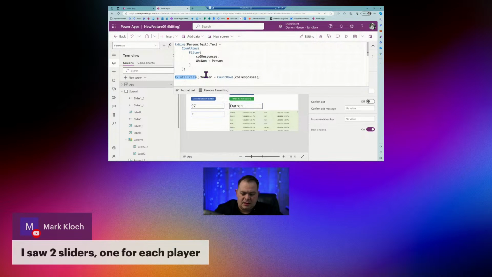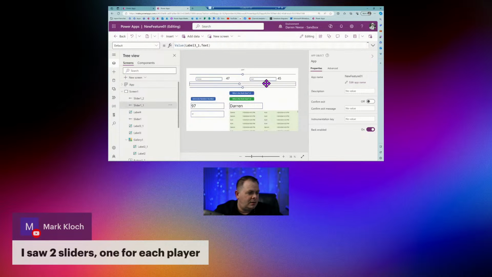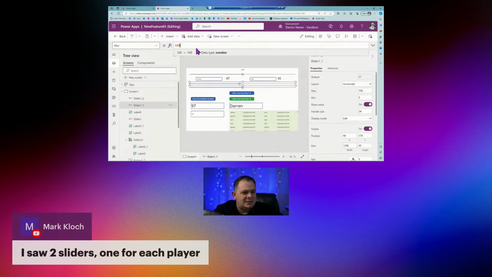So I'm going to use that. I don't have errors anywhere else. That's good. So for the max, instead of it being 100, it'll just be total tries. Now we'll need to have parentheses in there. And look, it says 47. There's been 47 tries.